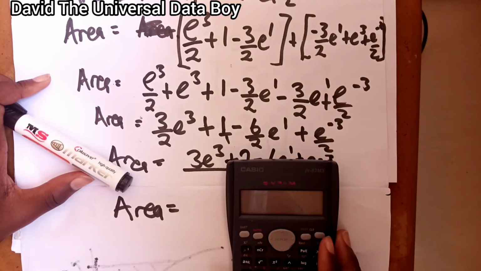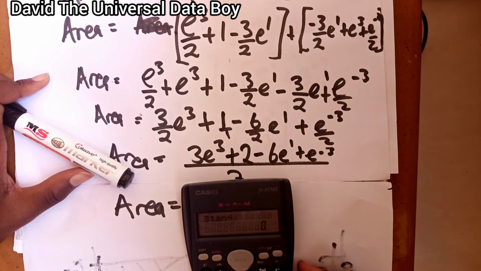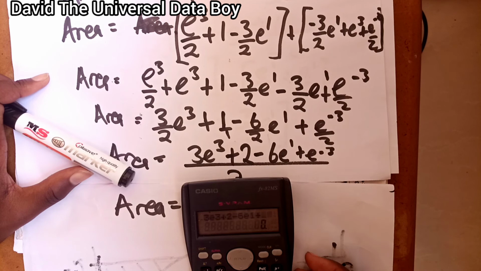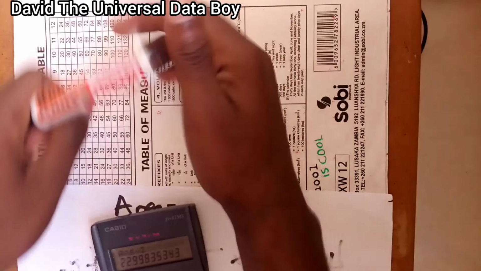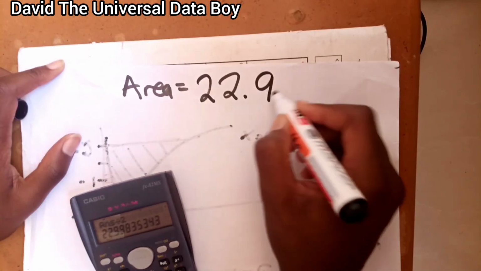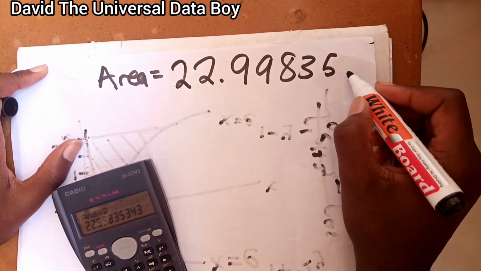You can get your calculator since you've actually simplified it. I hope you're able to see what I'm typing on the calculator. So that's 3 exponent 3 plus 2 minus 6 e to the power 1 plus e to the power negative 3. So this one will give us 45.996. When you divide this one by the 2, it's giving us 22.99835. We've not been given to say if these are centimeters or meters or feet, so we're going to